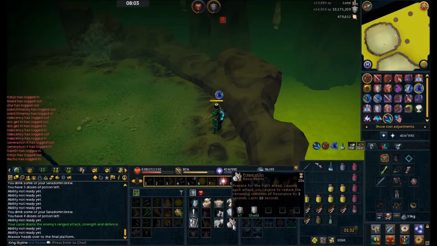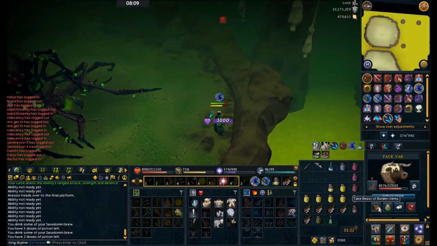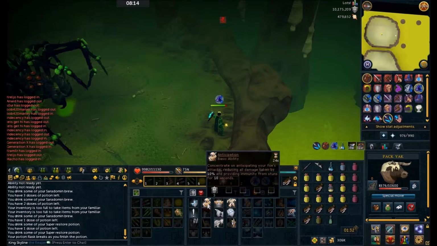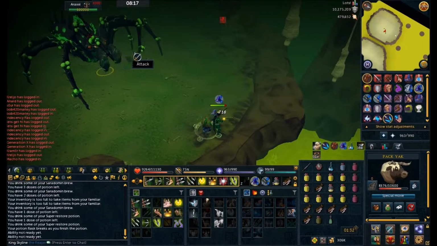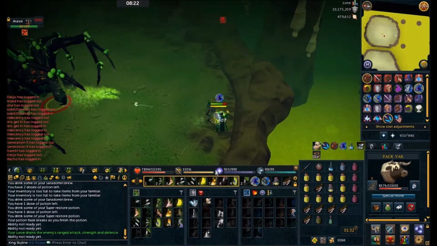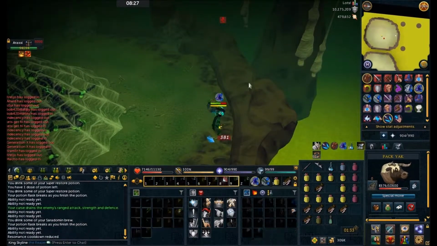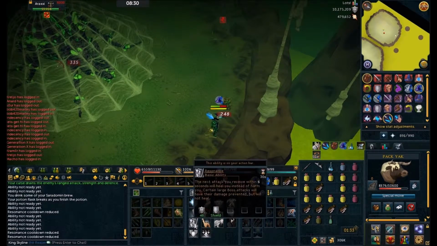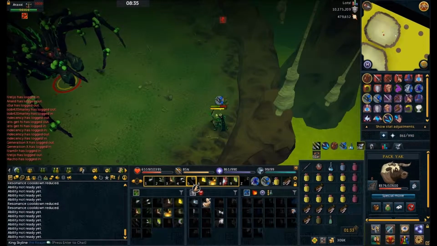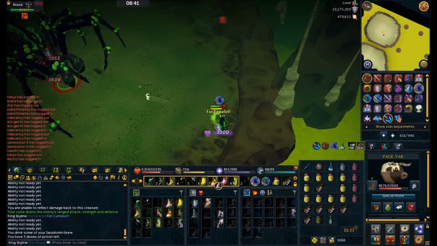So this is phase 4, it never changes. Any phase or any path that you take, this phase does not change. You're going to want to anticipate at the first and swap your prayers. This is the range prayer, and that is the mage prayer. So you're going to want to avoid the web cocoons, the same as 1, 2 and 3, and just carry on DPSing him down and swapping your prayers at the same time,